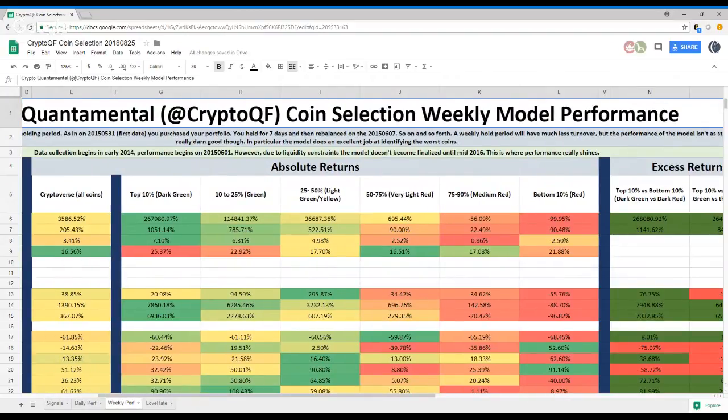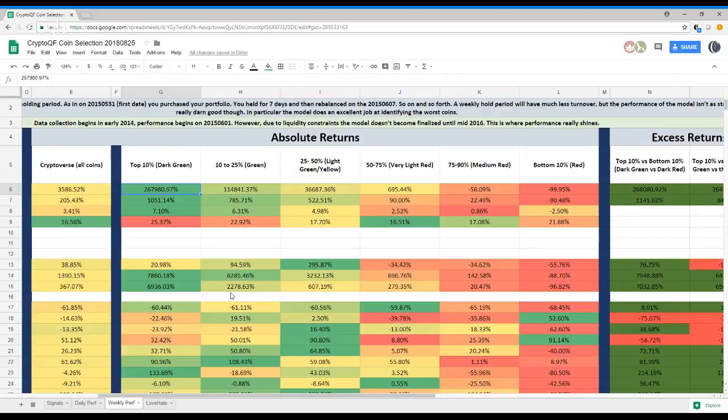And here, we don't necessarily need to go through it line by line, but performance isn't as good. So you definitely lose something by going from daily to weekly. However, the performance is still fantastic. You see the cumulative return here, that's well above what you would get if you just invested in the average coin. And then, month by month here,